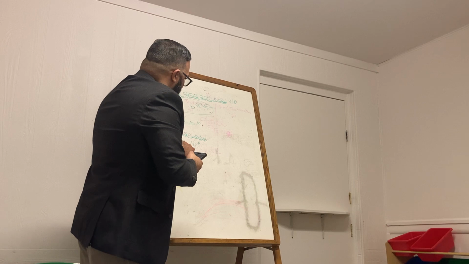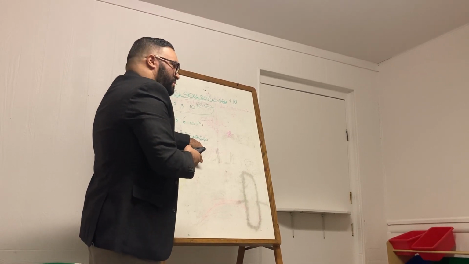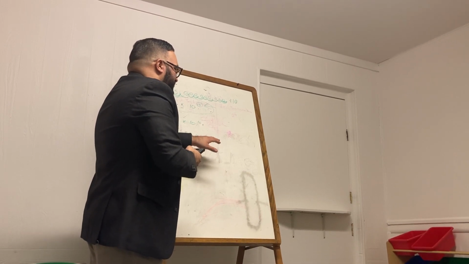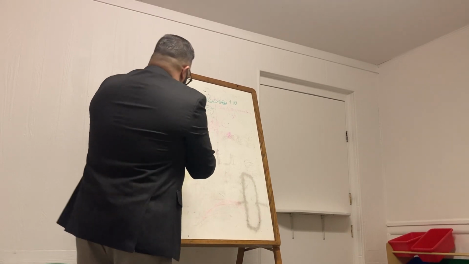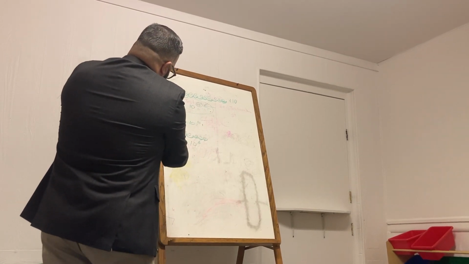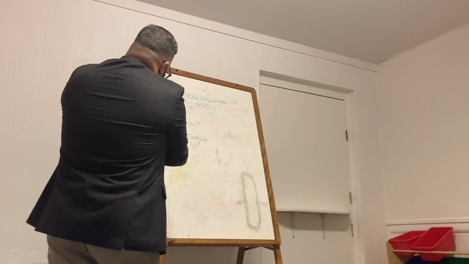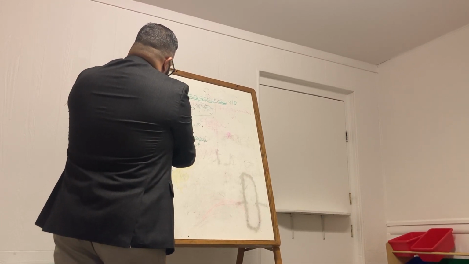Right here, this means 10 to the 6th power. So it's 10 times 10 times 10 times 10 times 10 times 10. So let's do that. 10 times 10 times 10 times 10 times 10 is equal to